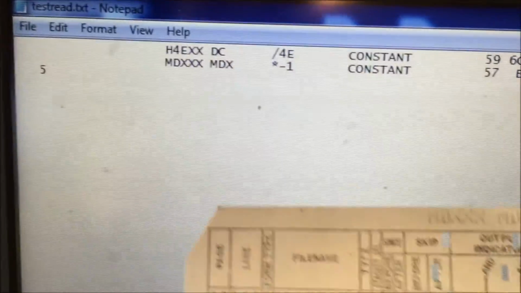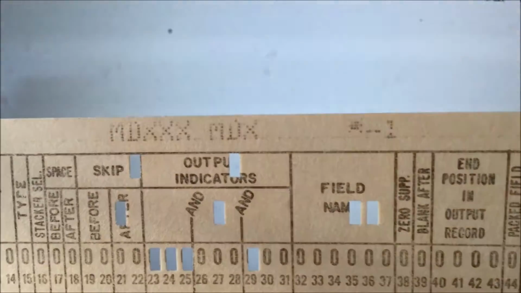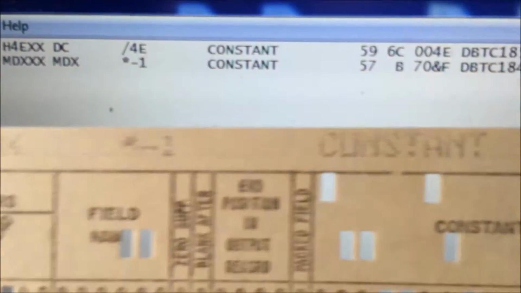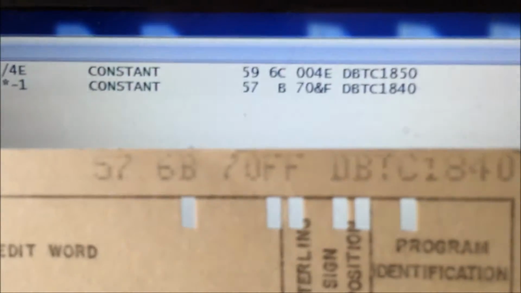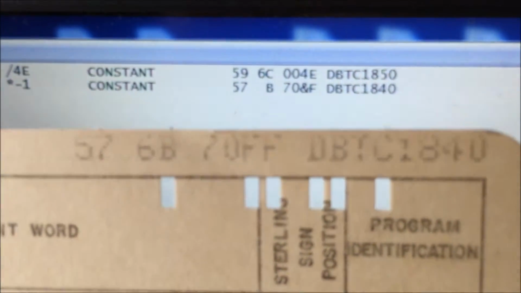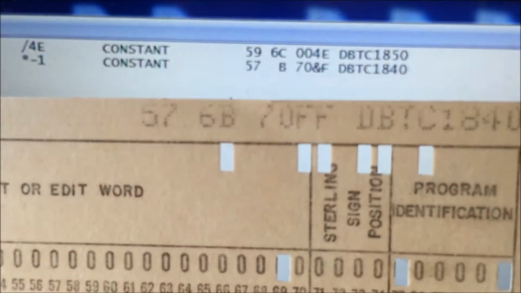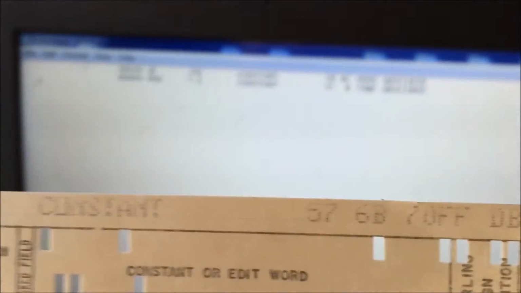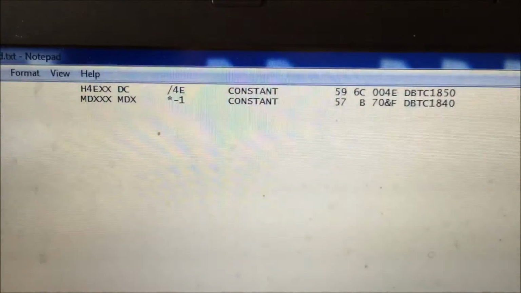And the subsequent card is MDX MDX star -1 constant. Say we're all good there. And then 157-6B. Okay, so we've dropped the 6. So one column dropped out, and also this says 70FF, but I see 70%F. So we seem to have some slight dragginess in the cards going through the read station, resulting in it misreading